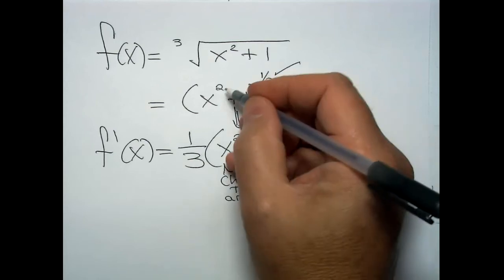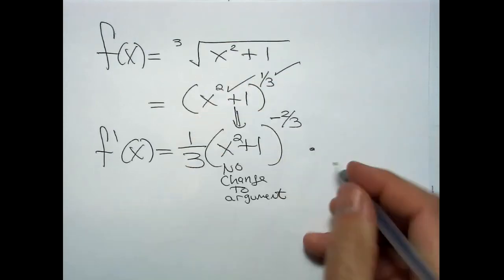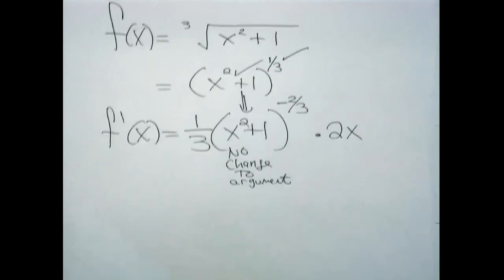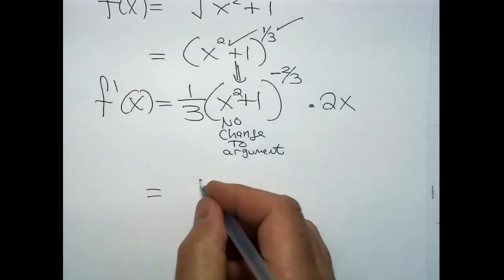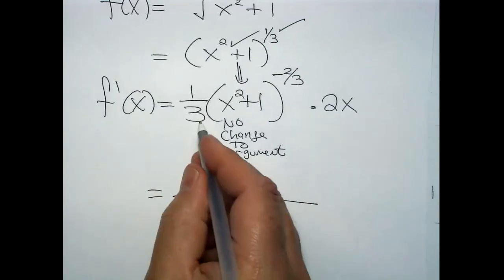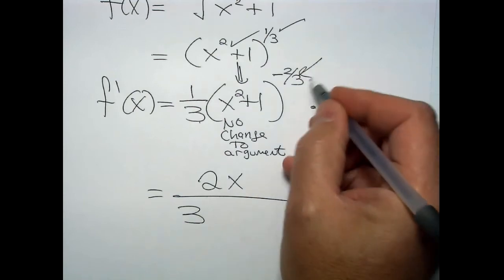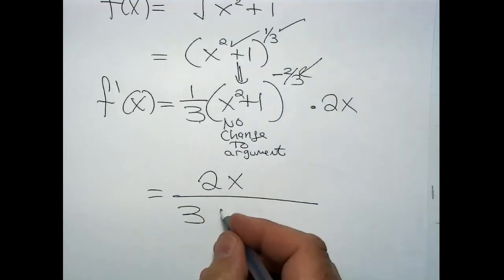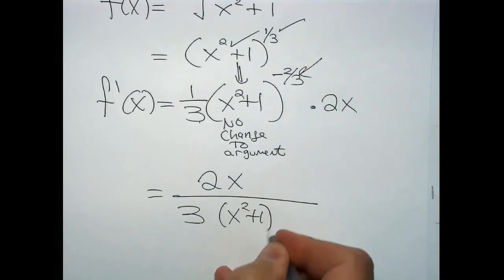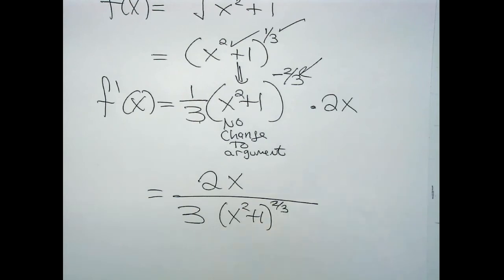Now, chain rule dictates that we take the derivative of just what's inside, which is 2x. Let's see what we got here. We got a 2x on top. We got a 3 on the bottom. Even this belongs on the bottom. It's a negative exponent, which is x squared plus 1 to the 2/3 power. Now,